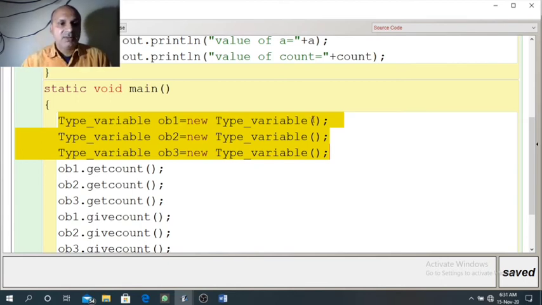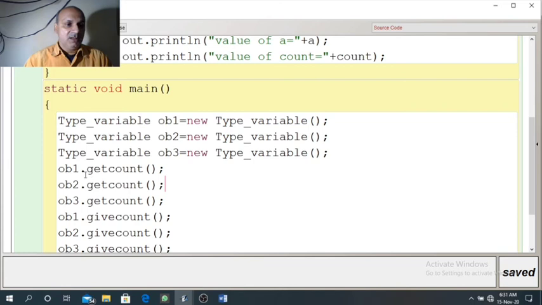So these three variables ob1, ob2, ob3 belong to the same type, the same class. Now in the first three statements, the getCount method is called through the objects ob1, ob2 and ob3.